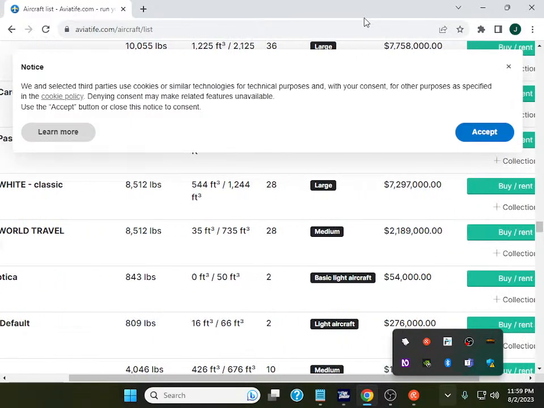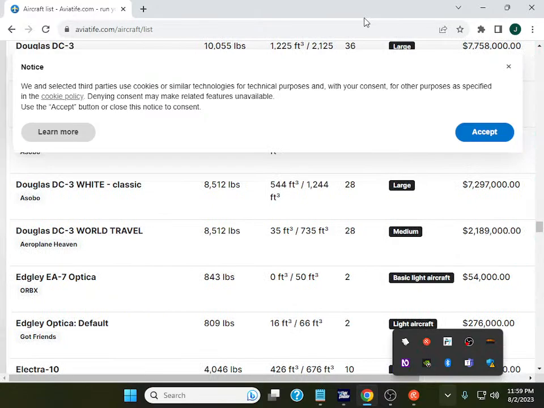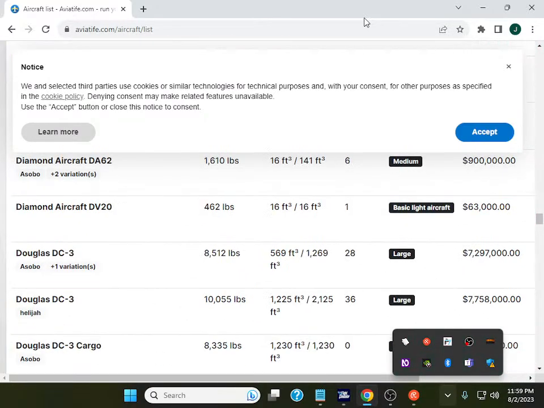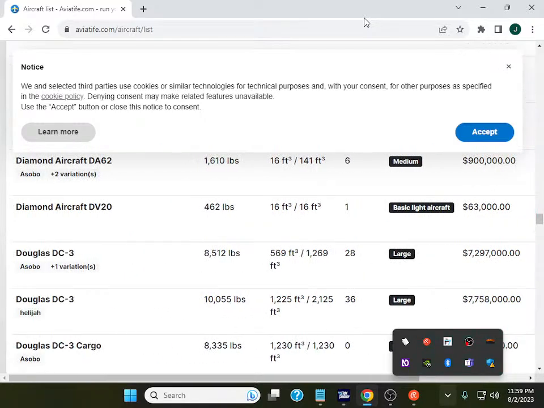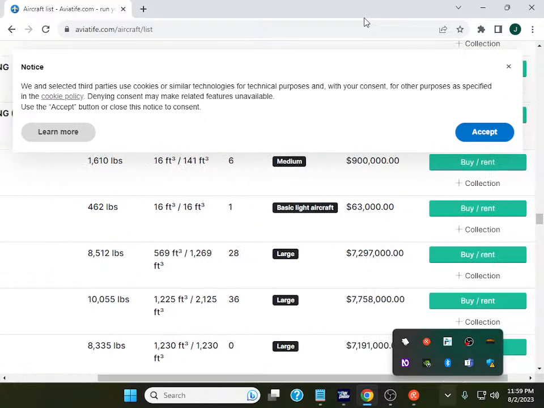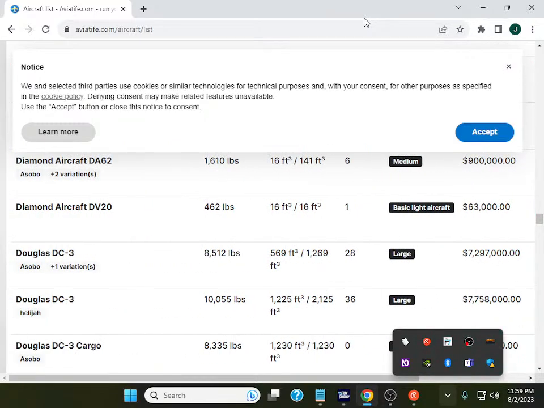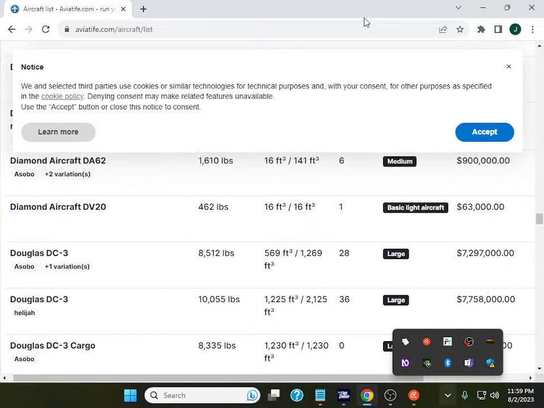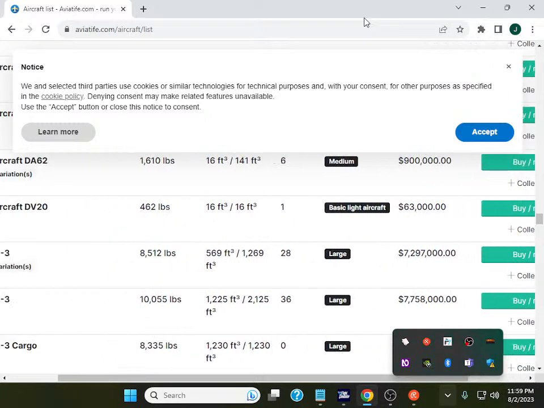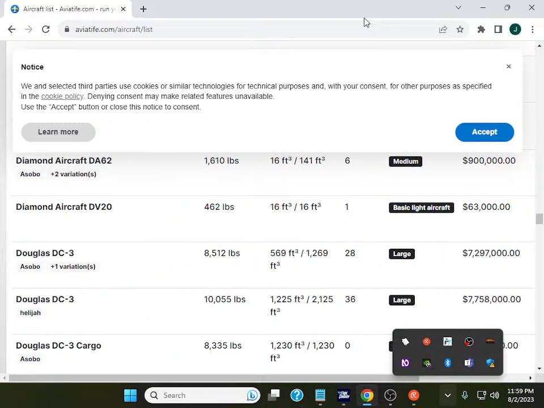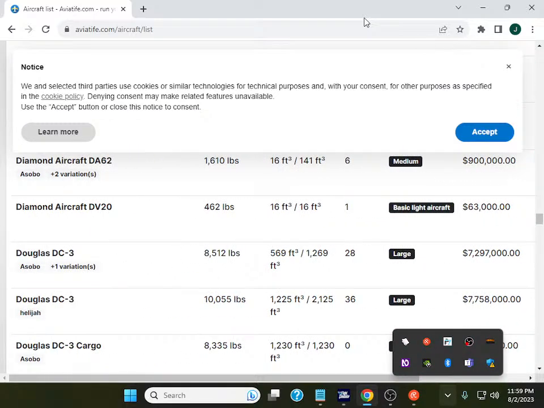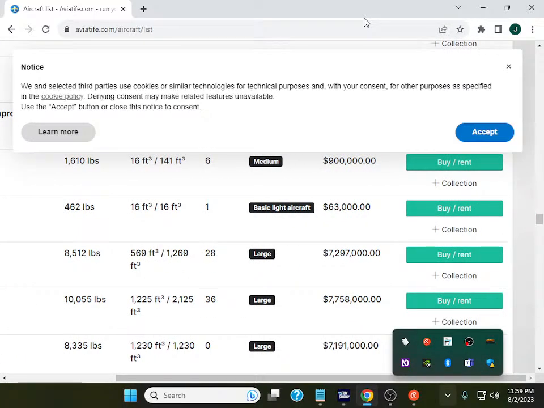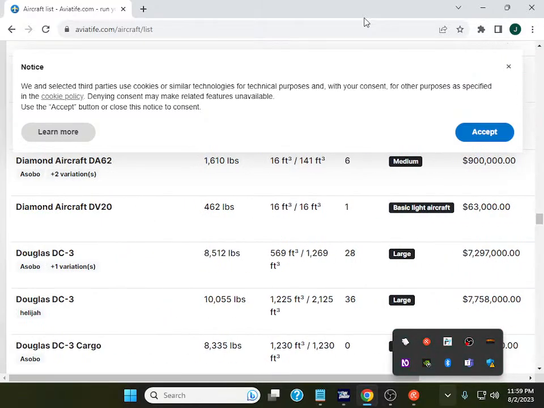Column 1 Soho Douglas link by type cop sortable payload with column sortable name. Column 1 Soho Douglas DC3 cargo Douglas DC3 litter row 108 sortable name. Column 1 Diamond aircraft DV20 Okay, here we go. Diamond link by sortable type cop sortable payload with column sortable name. Column 1 Soho plus 2 variations. Diamond aircraft DA62 Diamond airplane by sortable catalog option link collection row 107 sortable name. Column 1 Diamond aircraft DA62 Diamond link by sortable type cop sortable Diamond aircraft DA40 NG row 100 visited link by slash red link collection row 106 sortable name. Column 1 Diamond aircraft DA40 NG improvement mod Rotometer Diamond aircraft DA40 NG improvement mod Diamond aircraft DA40 NG row 105 options column 7 link collection row 106 sortable name. Column 1 Diamond aircraft DA40 NG Diamond aircraft DA40 NG row 105 options column 7 link collection row 106 sortable name. Column 1 Diamond aircraft DA40 NG improvement mod